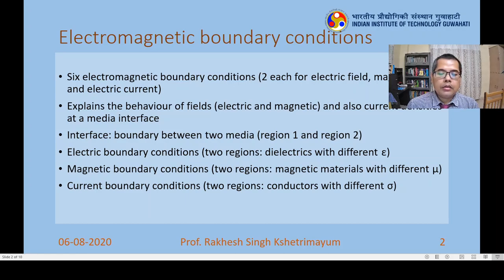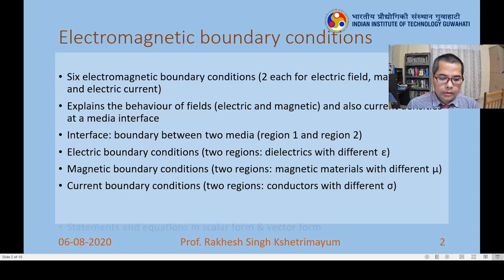As we know, the material properties of a material are signified by three parameters in electromagnetic field theory. They are epsilon, mu and sigma. What is epsilon? Epsilon is the electric permittivity. It gives you the electric behavior of that material. Mu is the magnetic permeability and it gives you the magnetic behavior of the material, and sigma is the conductivity and gives you the